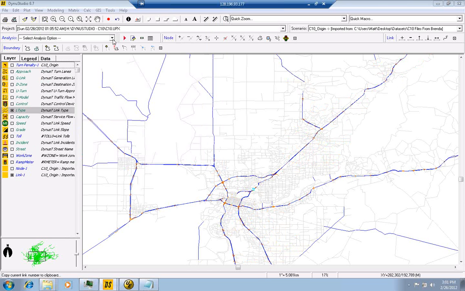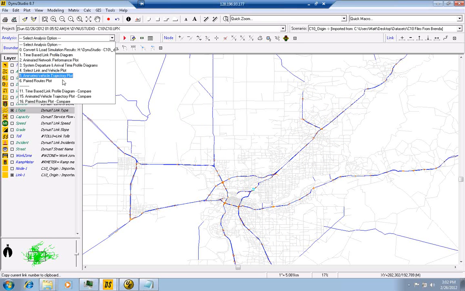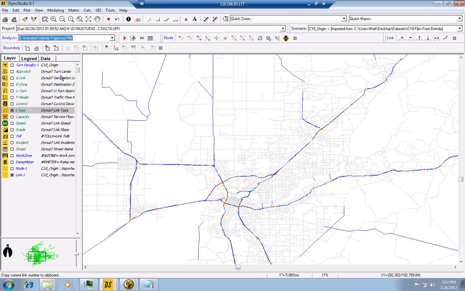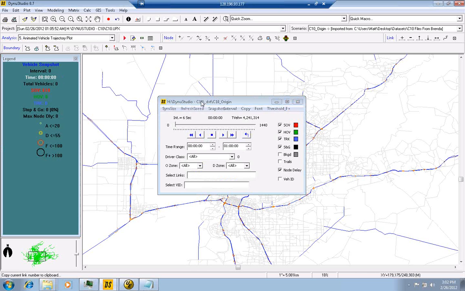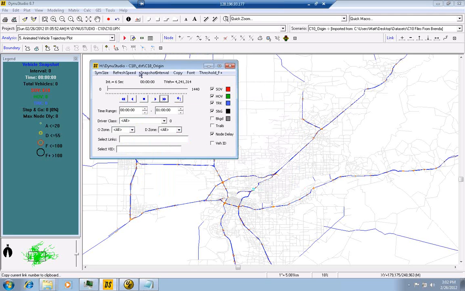All right. Then the next feature is the animated vehicle trajectory plot. This feature allows us to actually see the animation for the entire network. I can choose to animate for the entire 24 hours, but it's going to take a long time to simulate. So here I'm going to just show from 6 to 10 o'clock in the morning,